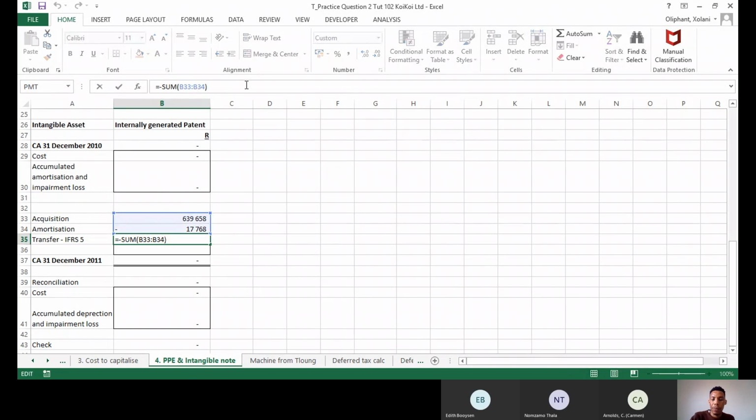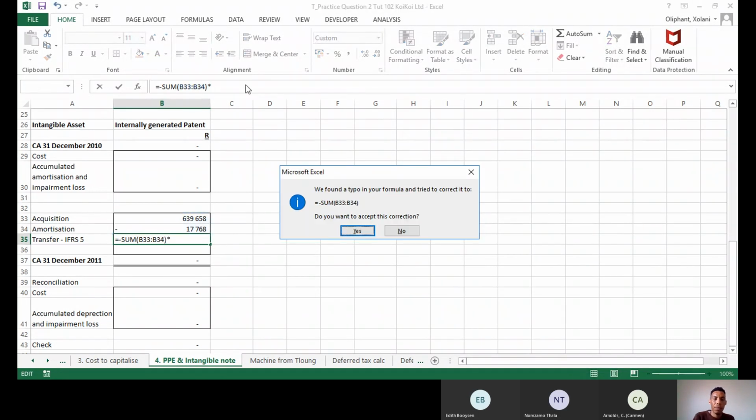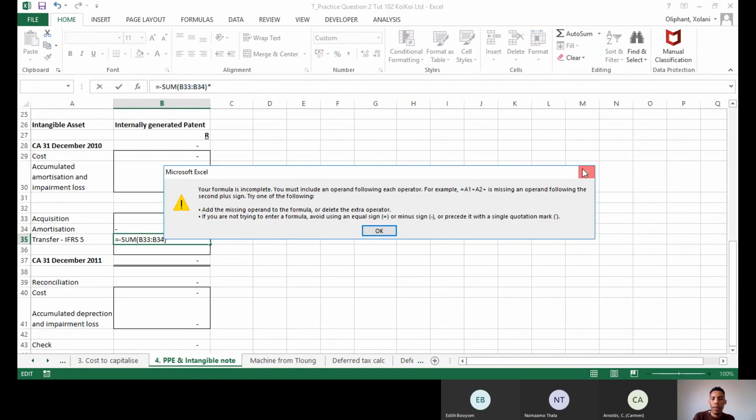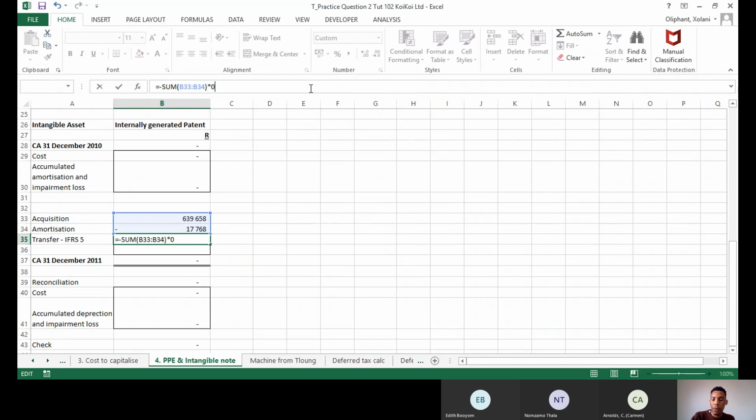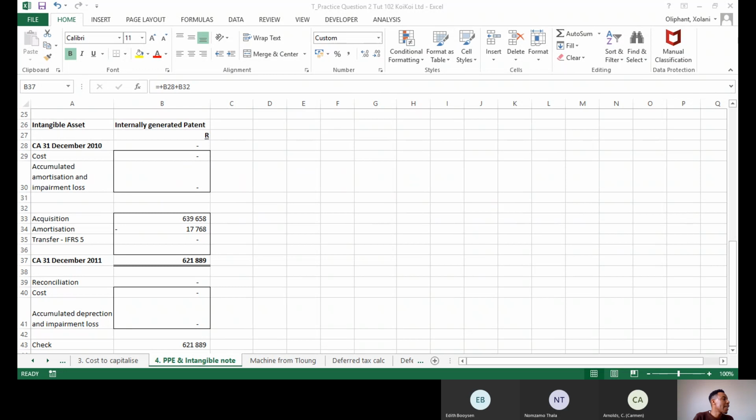Let's forget about this part for now. Fine. Now, meaning that my carrying amount at the end of 2011, it's how much? It's 621, right? But now, in your scenario, there is a further statement